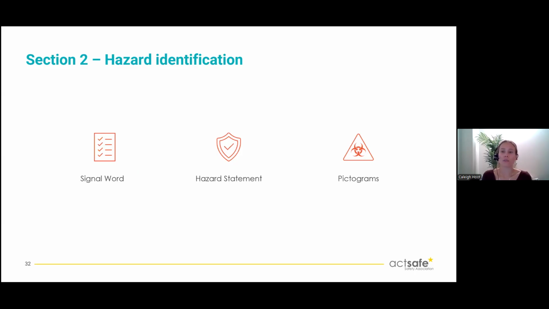So why do we use section 2? Because it's your first look at the risk. Before you touch a product, it's going to tell you what to watch out for, what precautions to take. In practice, if you use this section, it's going to help you further determine the appropriate personal protective equipment, safe handling measures, whatever additional training you may need. Maybe you need a supervisor's help on this before working with this specific chemical.